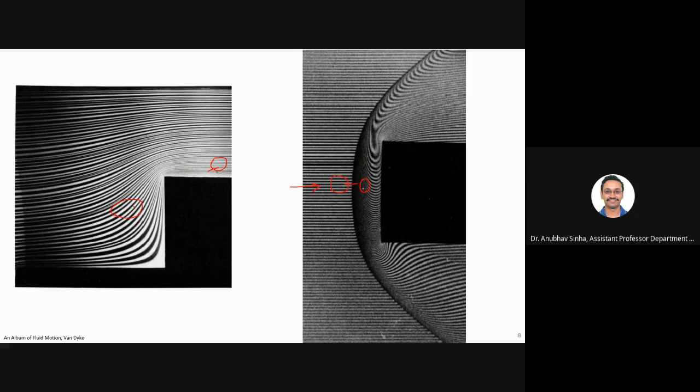If you plot velocity with respect to x, don't worry about subsonic, let us look at supersonic. We will have some velocity, it will suddenly drop and become subsonic. This happens at the shock front. Similarly, if you have a subsonic flow, velocity will gradually change, it will increase or decrease, and that will happen over some distance.